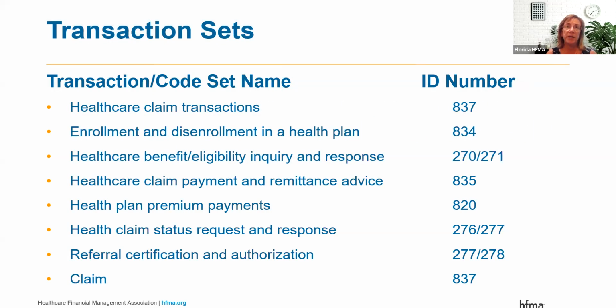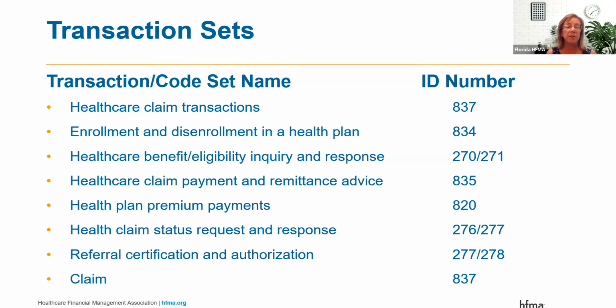So the transaction code sets, right? The final rule did adopt standards for 8 electronic transactions and code sets, again, that are to be used throughout the healthcare industry. And most payers and plans are using these. Some, again, not standardized and being minimal in their requirements to do that. But we're all familiar with 837. That is the healthcare claim transaction. It'll be 837I, 837P. 834 is the enrollment and disenrollment in a health plan. Standardly, we see 270, 271, which is the healthcare benefit